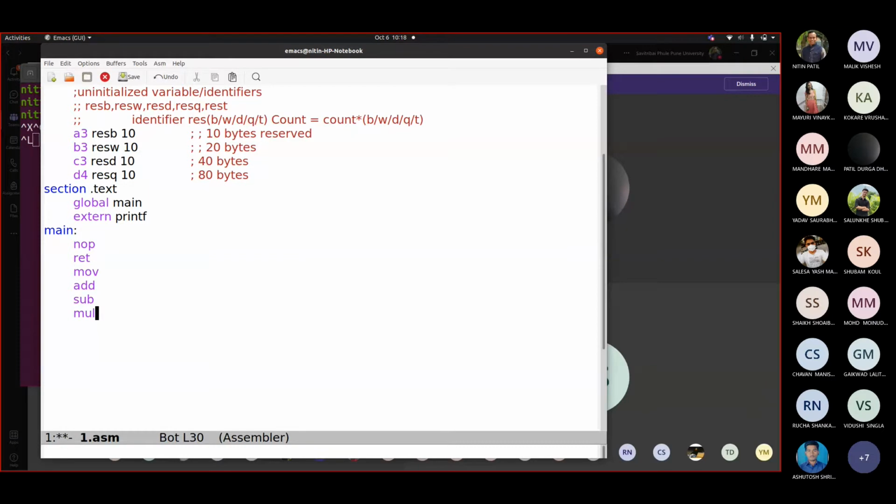Some instructions may not have any operand. This may contain 2 operands. This may contain again 2 operands.